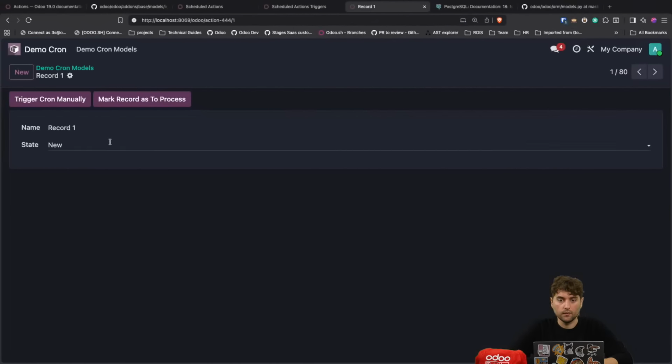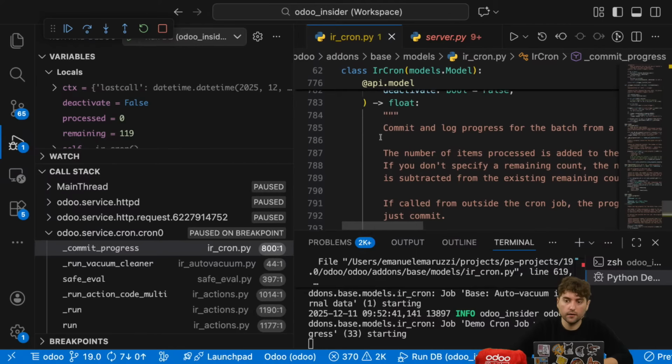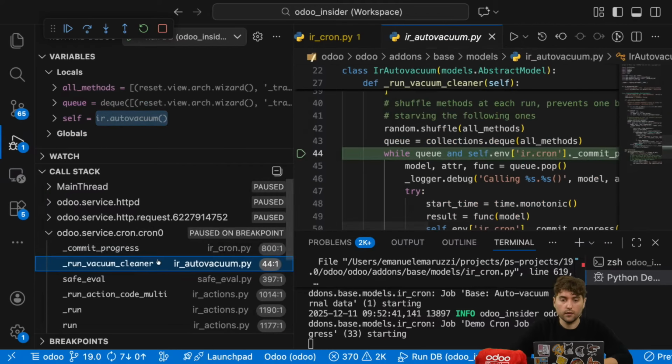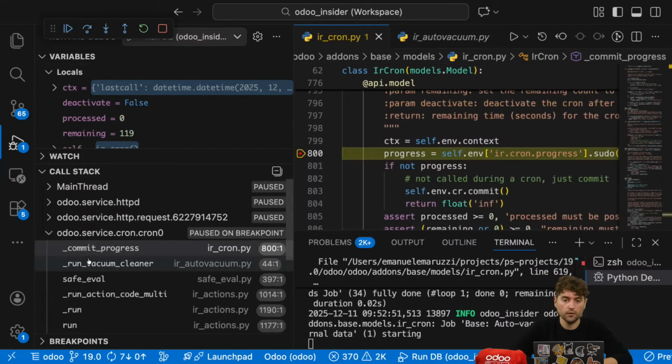Okay, let's start from scratch. Mark record as to process and trigger cron manually. Okay, notify commit progress is called. It's the vacuum cleaner now. It's not what we wanted, but now here it is. It's still the vacuum cleaner,